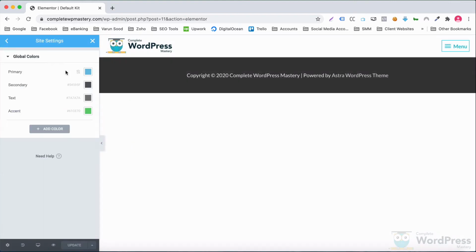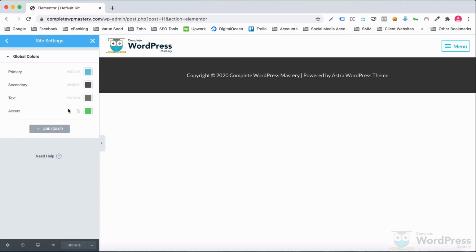Let's take a look at global colors. When we start designing the pages of our website, we'll need to apply colors to various elements on our pages. We can select any custom color each time we need to apply a color, or a better way is to define a global colors palette. Then, whenever we need to apply a color to an element on our page, we would simply select the desired color from the global colors palette. This avoids any possible mistake while selecting the color manually each time.